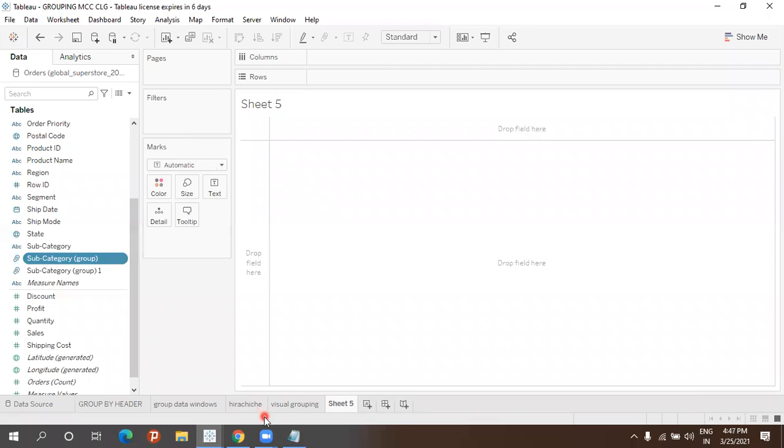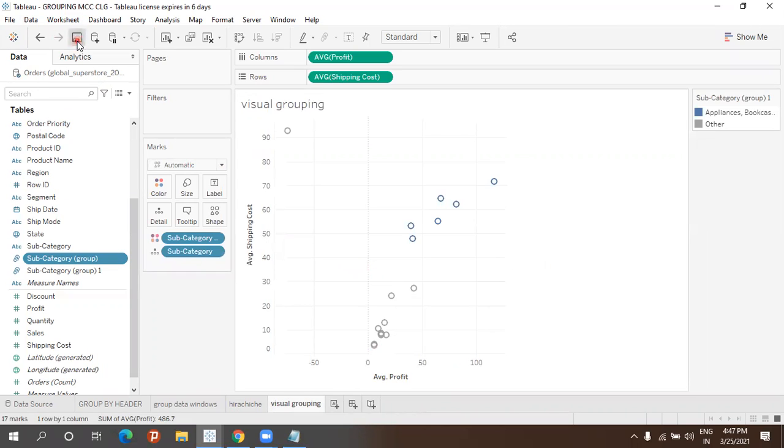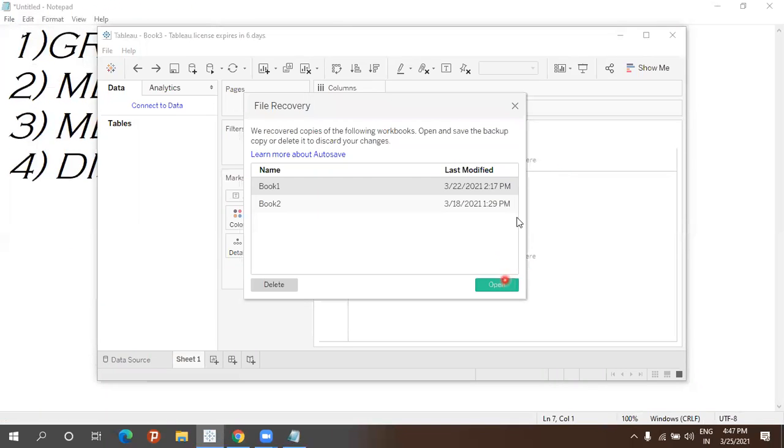So now let me save this one. Let me delete this sheet. I don't want this sheet. After that I will save this and close this one. This is the last modified one.